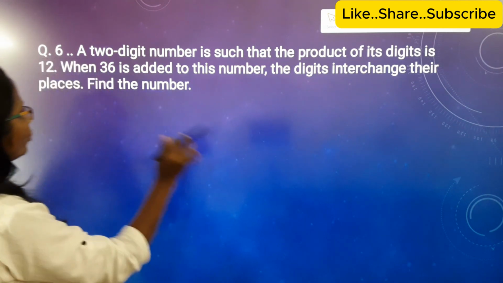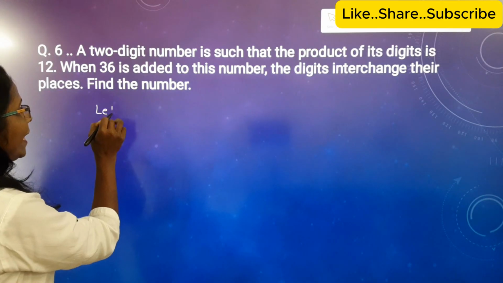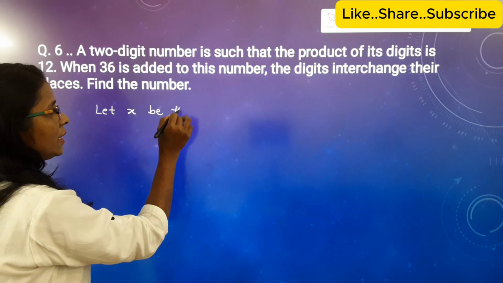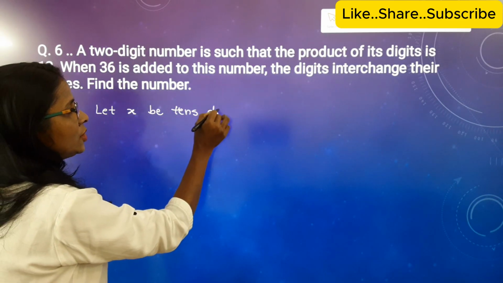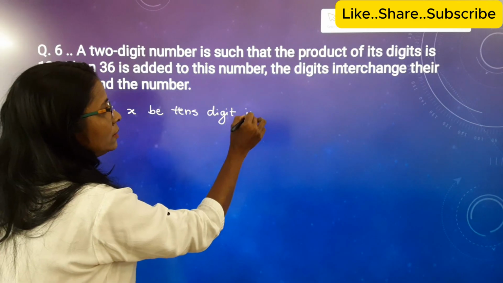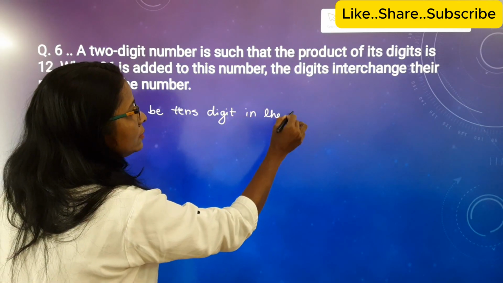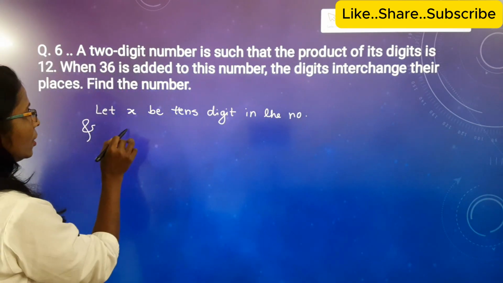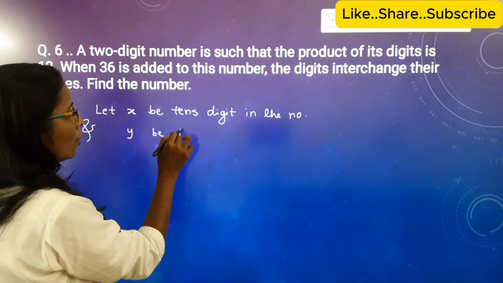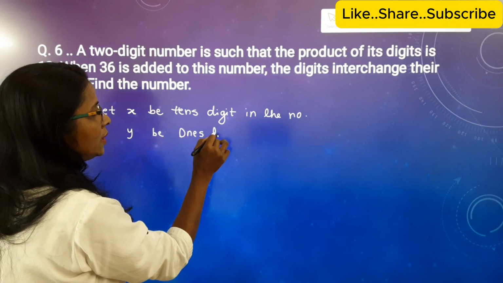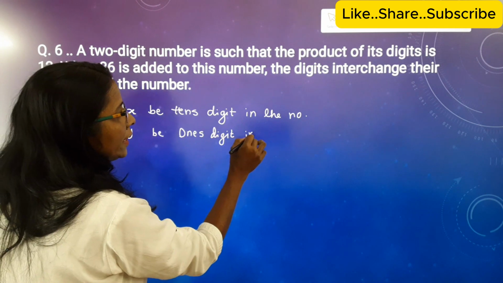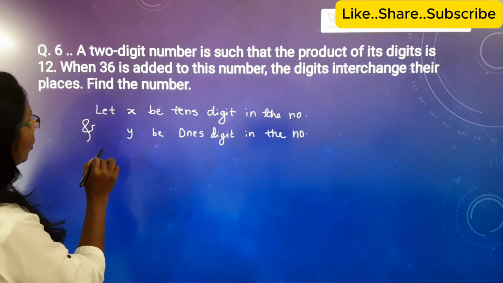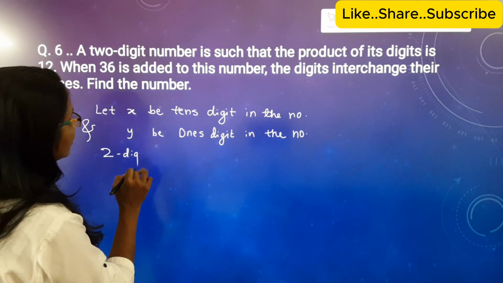Okay, in that number, so here I write: let x be the tens digit in the number, and y be the ones digit in the number. Okay, so that means two-digit number